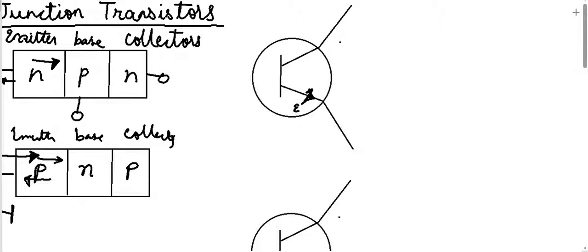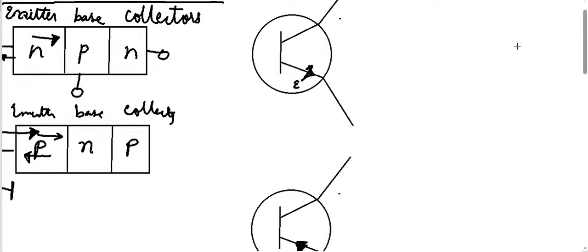Hello. So in the last video we studied what transistors are. Basically, it is a sandwiching of a p between two n's, or a sandwiching of an n between two p's. And we studied what the emitter, base, and collector are, and how we bias transistors. That is, we forward bias the n and p emitter-base junction. And for a normal transistor we generally reverse bias the collector and base.